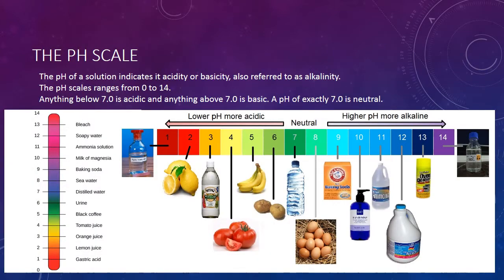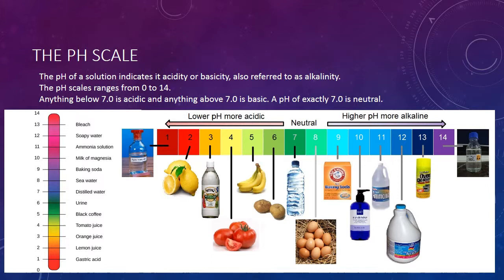Another topic we want to cover is the pH scale. The pH scale basically lets you get a rough estimate of how basic or acidic a substance is. It ranges from 0 to 14. Anything below 7.0 is acidic, and anything above 7.0 is basic. And if you have a pH of exactly 7.0, you have a neutral